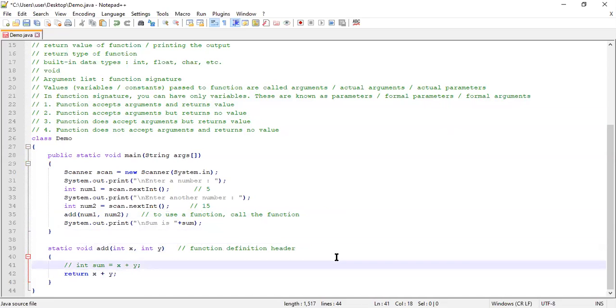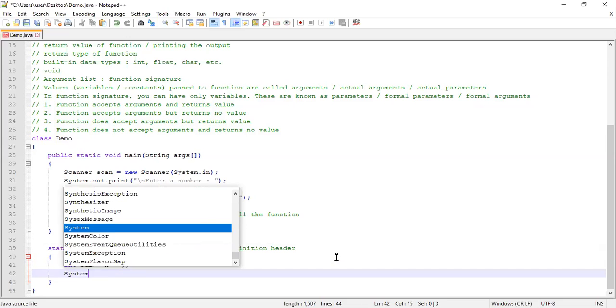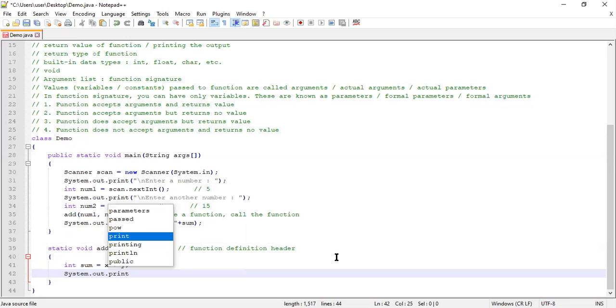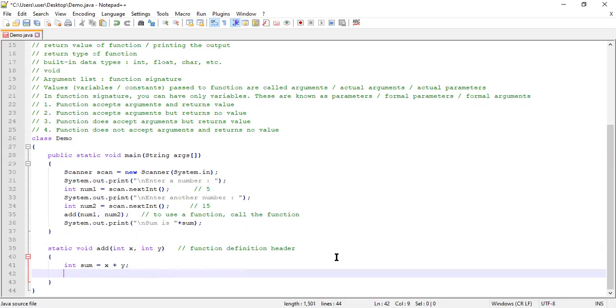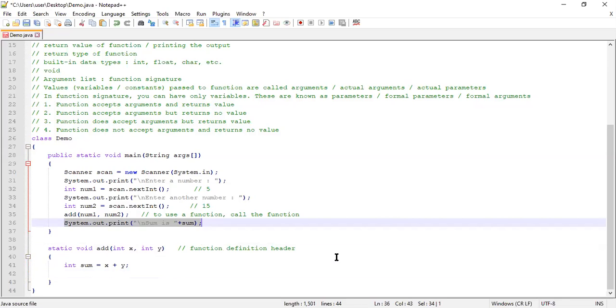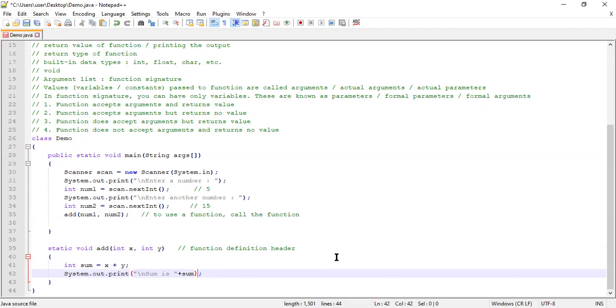And after I calculate, now I need a variable which will hold the sum. After calculating the sum, I need to print it in the function itself. So I'll say sum is, and I can just cut and paste this.